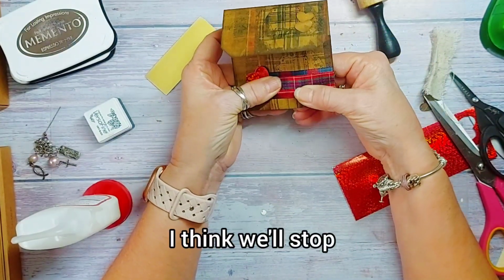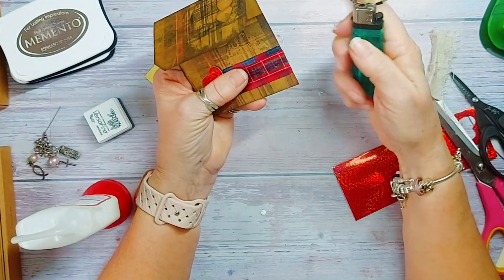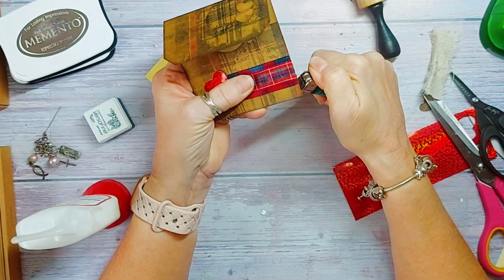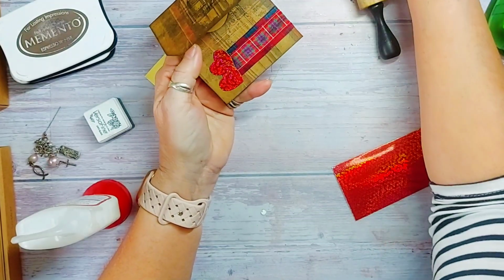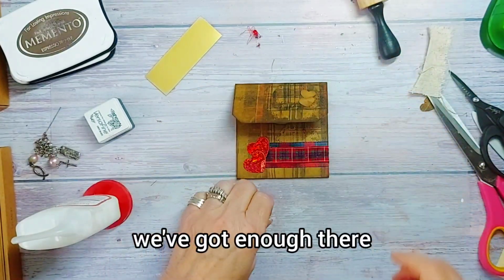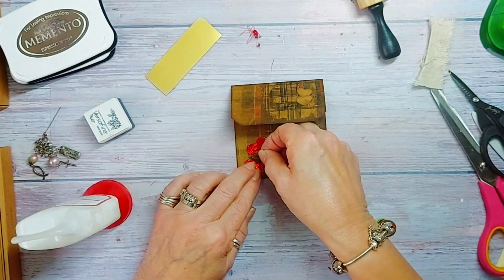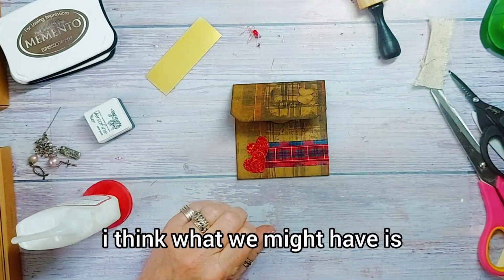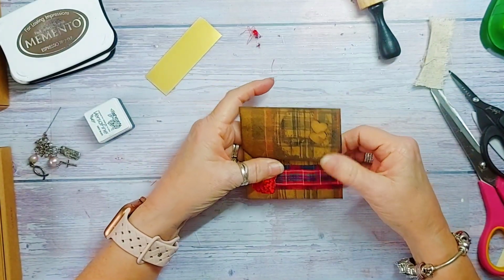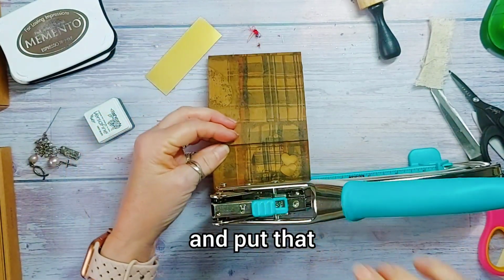Right. I think we'll stop fiddling about with that, but I am going to, that's it. Now I'll stop that from fraying. No, we don't want any more red on it. I think we've got enough there. Nope. I think what we might have is, I'm going to do the grommet and put that down to